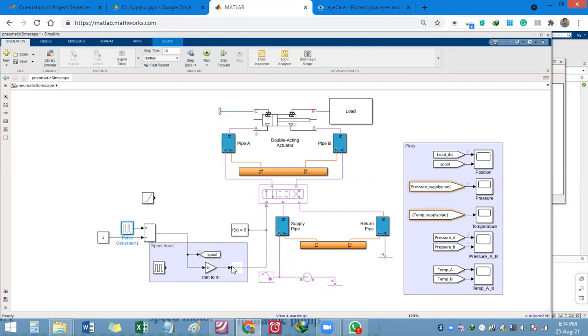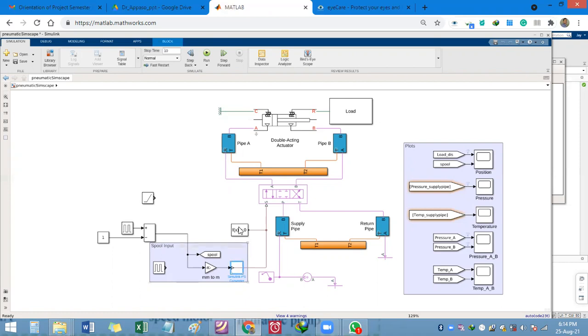Here you can see a pulse input is provided, and then we are converting this pulse input into a meter. And then here again, one very important block is used, that is the Simulink-PS converter, because here I am using some blocks from Simulink and some blocks from Simscape. Whenever you are using blocks from different domains, you need to use a converter. This PS converter will help us to integrate Simulink and Simscape.